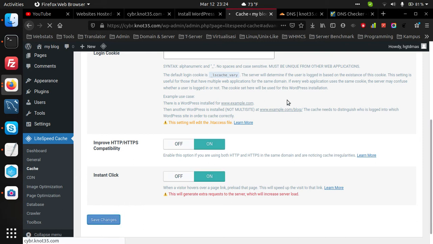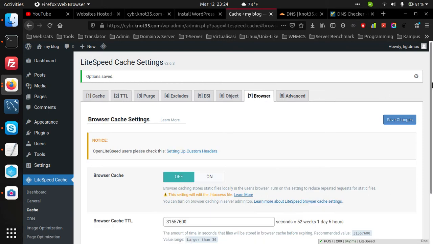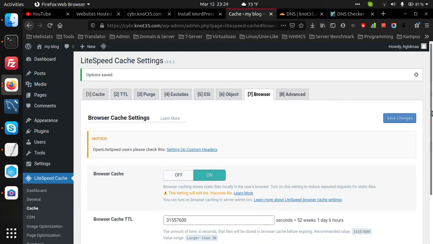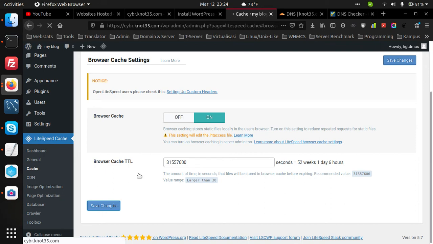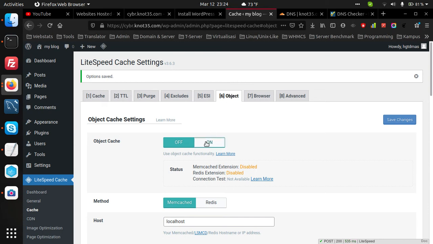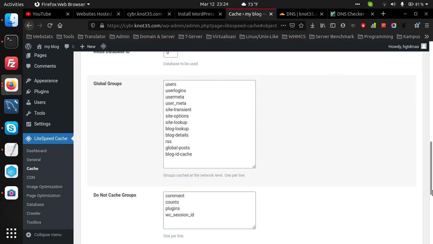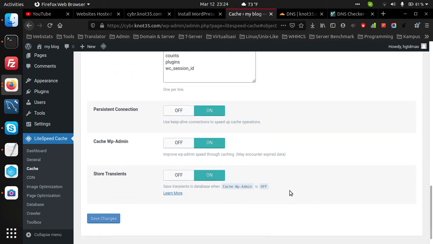Maybe you can do it yourself for setting up the plugin, and browser cache we can enable that. Object cache, you can select either Redis or Memcached. I will select Redis cache. Persistent connection on.